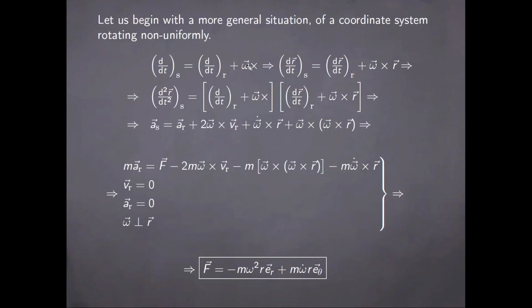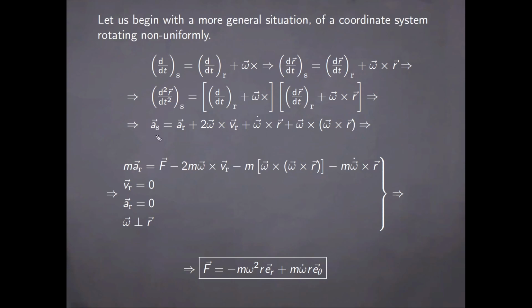To begin with, let us consider the most general situation, which is that of a coordinate system rotating non-uniformly. Our basic kinematic law is the one here, and if we apply it to a position vector, the straightforward result is this one, giving the connection between the time derivatives of the vector in the laboratory and rotating frame. And we can consider applying it a second time, which amounts to bringing this operator once again onto the result here. And what we obtain is